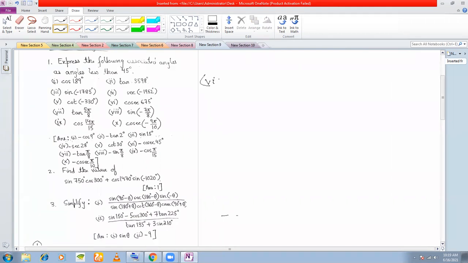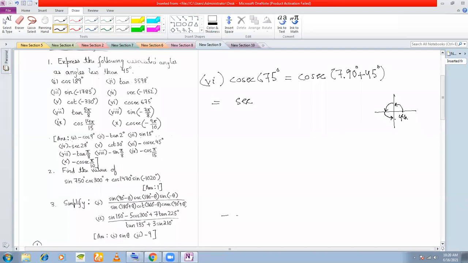Sixth one is cosec 675 degree. You divide this by 90 degree, you'll get 7 into 90 plus 45 degree. So this is an odd multiple, 7. So cosec will change to sec, right? And now let's see which quadrant this is in. After 4 rotations, you are here. 5th rotation, 6th rotation, 7th rotation. So in the 7th rotation, you are in the 3rd quadrant, and plus you have 45 degree. You have actually reached the 4th quadrant.